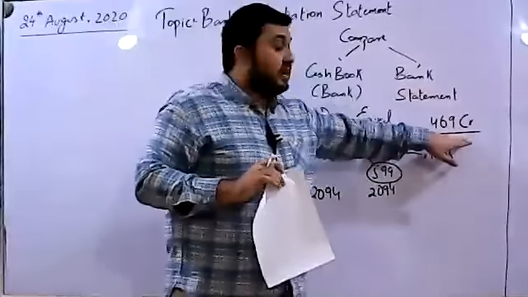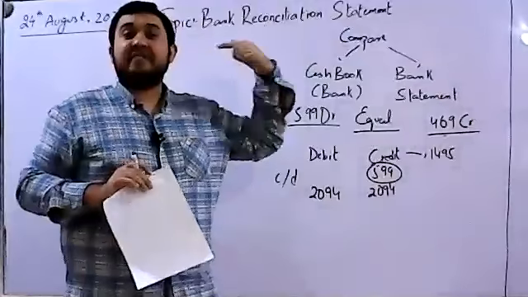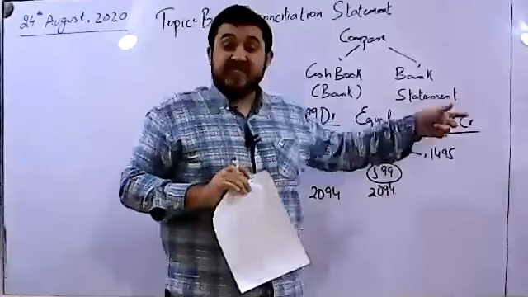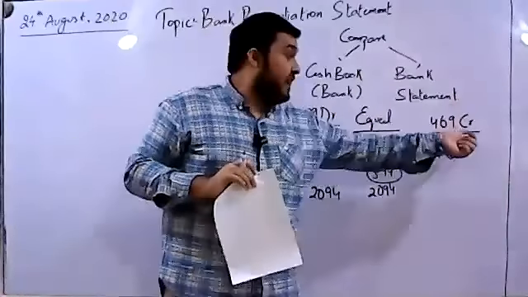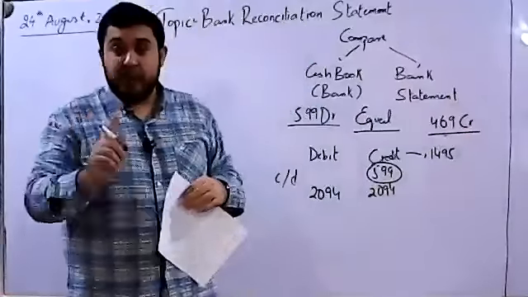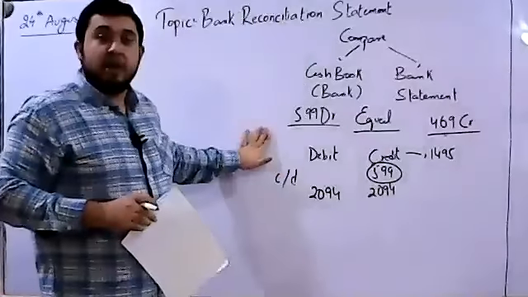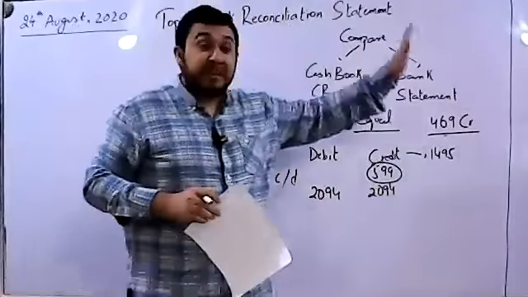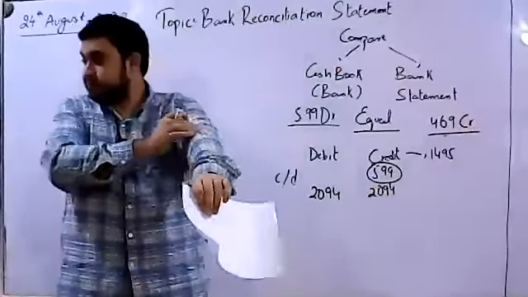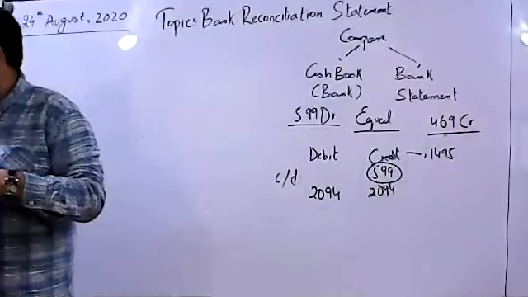That is why it is debit. For the bank, it is a liability that they have to clear to us because they have kept our money in their banks. So whenever we request this money, they'll have to pay it back. That is why it is a liability for them, and they quote it as credit. And I told you on day one that any transaction that is recorded on the debit side of the cash book would be recorded on the credit side of the bank statement and vice versa. So for this purpose, we need to prepare a bank reconciliation statement.